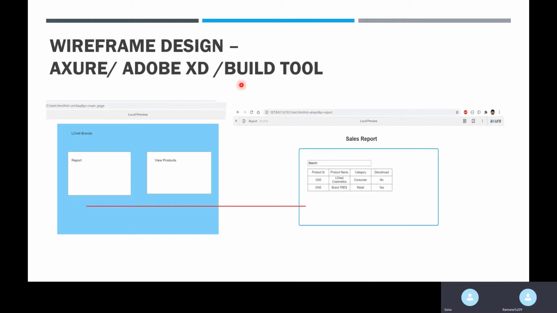So using an Axure or Adobe XD build tool, we can do it. Today I'll show you. See, this is built in Axure. So I was assuming we split this into two use cases. The finance team will create a separate group, so they'll be using the sales report as one, and viewing